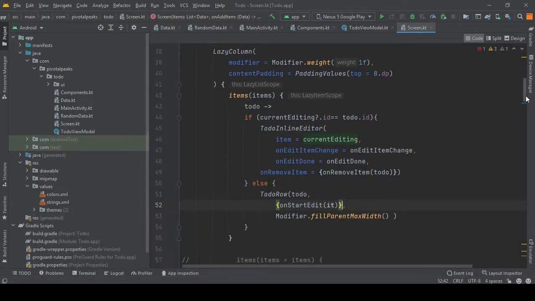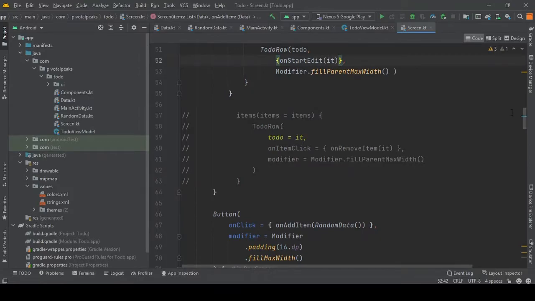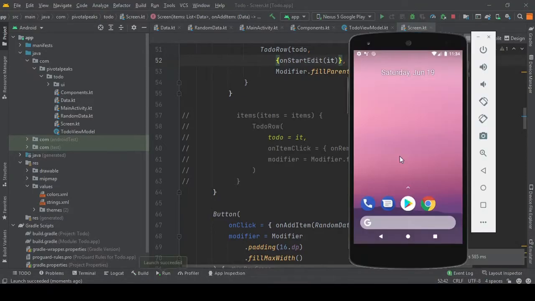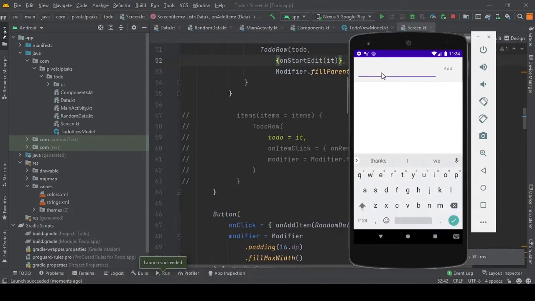Yeah, now let's run the app and see if it's working correctly. So hit the button. So let's see if the editor is running properly.